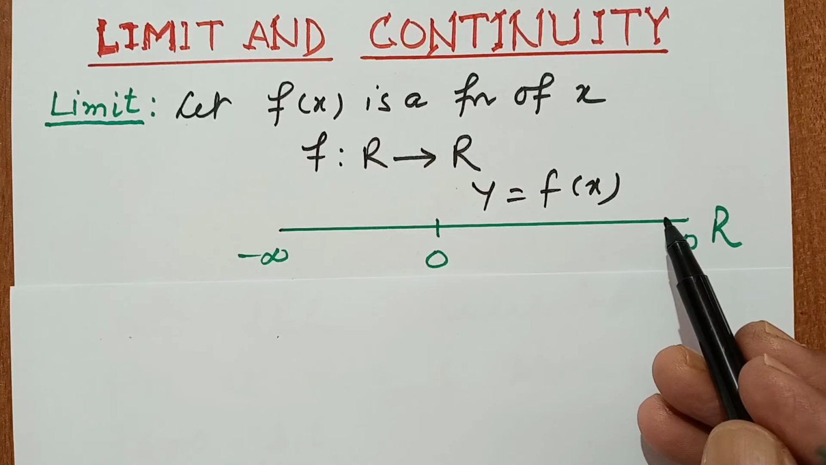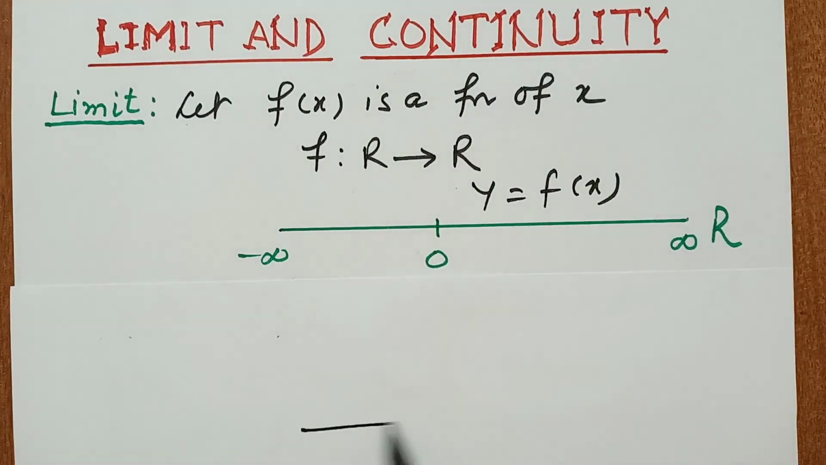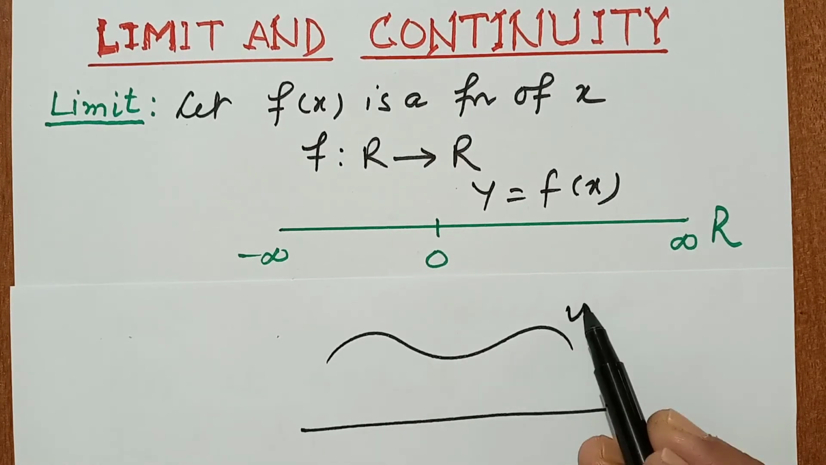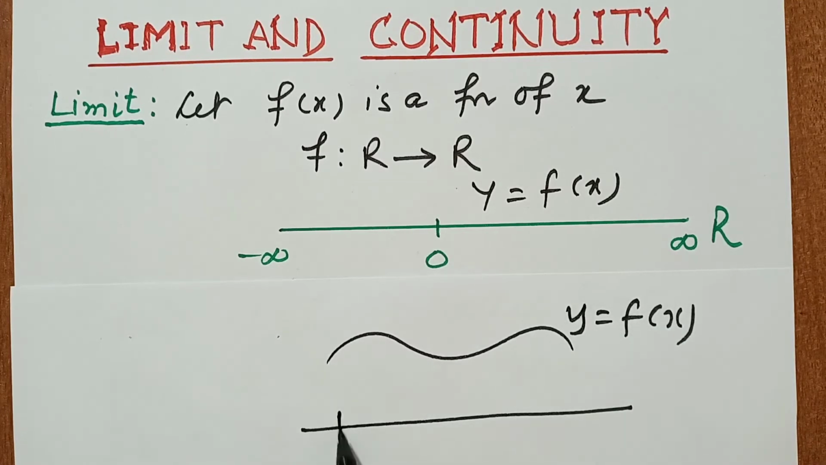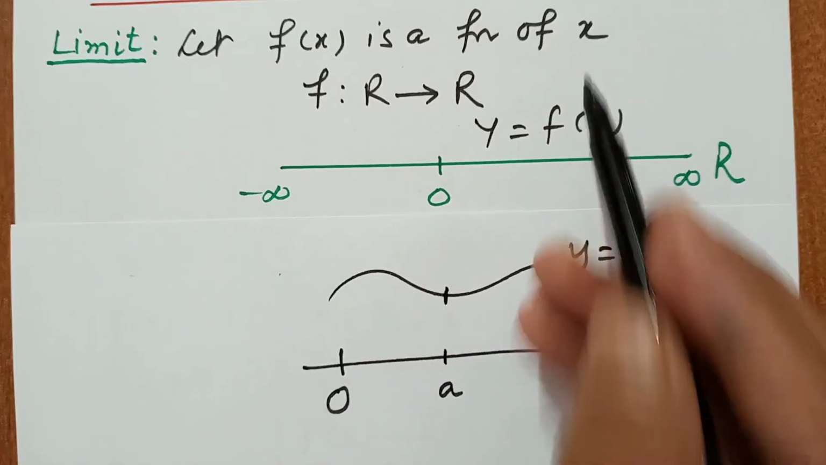So what is the limit of this function? Let us suppose this is a function, y is equal to f(x). Suppose this is 0, and here is a. At this point I want to explain the limit of the function y is equal to f(x). Suppose this is the point. So let f(x) be a function of x, then